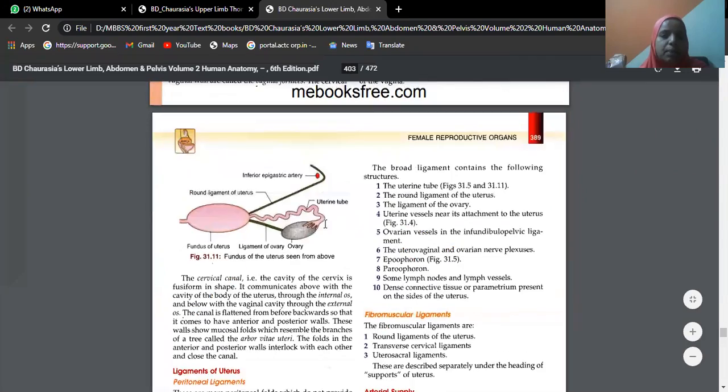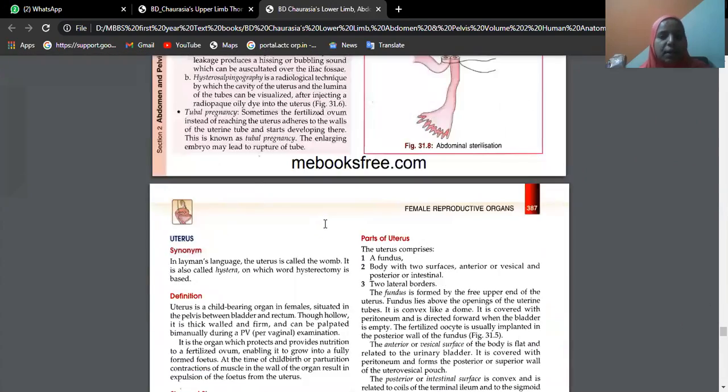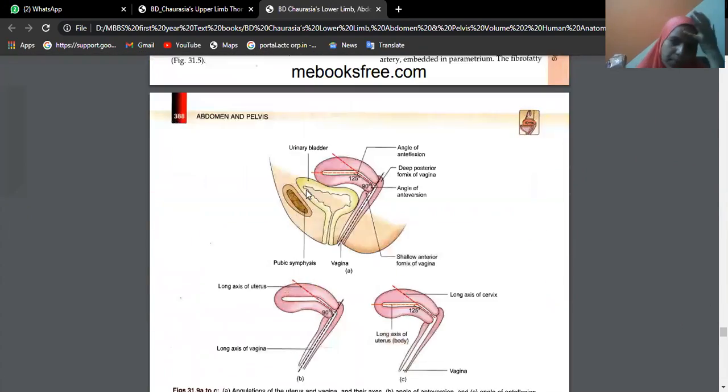Now coming to the supports of the uterus. If you remember, I told you we have false supports and true supports. Peritoneal folds are called false supports; they are not giving any true support. What are the three visceral organs in the sagittal section of the pelvis? Behind the pubic symphysis, we find the urinary bladder, then the uterus. Behind this, the rectum and anal canal. Very good.